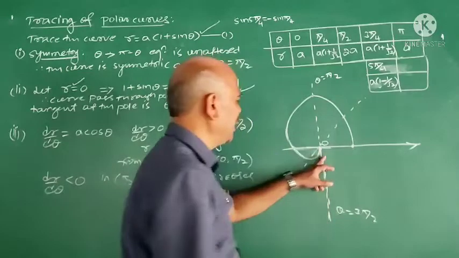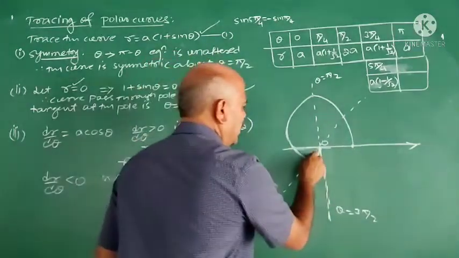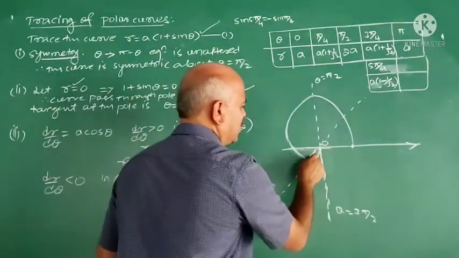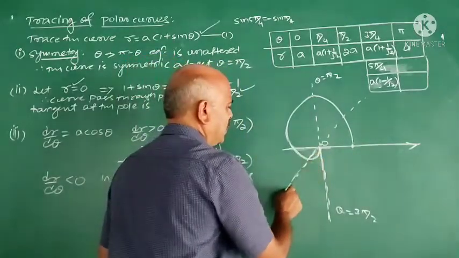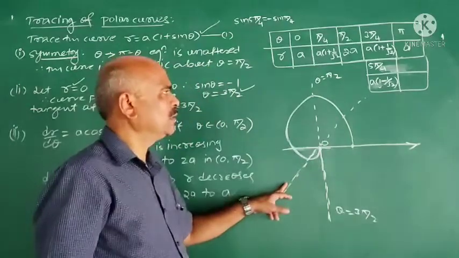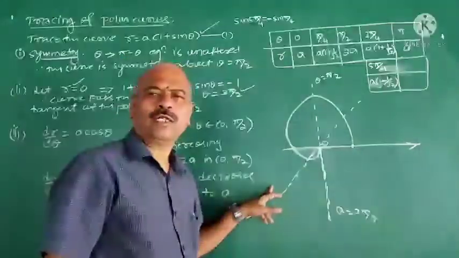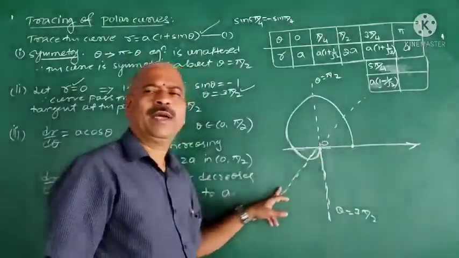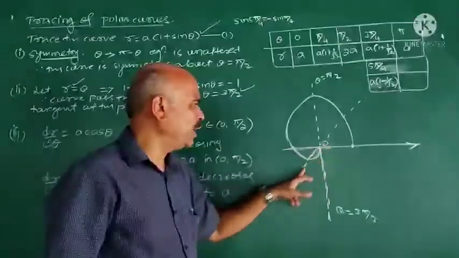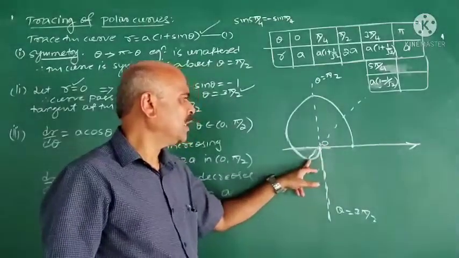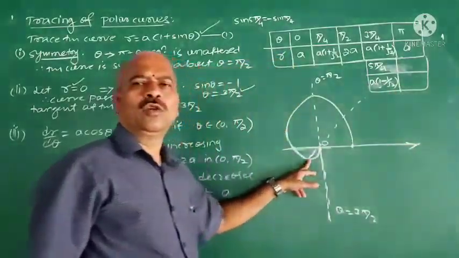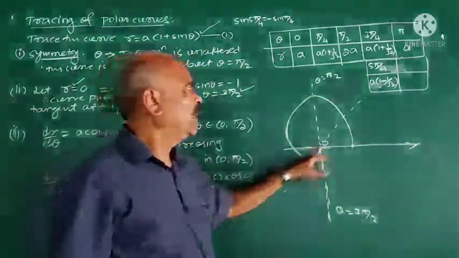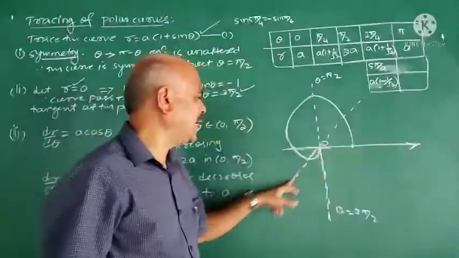It is like this. When theta is 3 pi by 2, it is 0. And this is the line 3 pi by 4, and this is 5 pi by 4. Theta is equal to 5 pi by 4. And when theta is 5 pi by 4, this r is given by a into 1 minus 1 upon root 2. When theta is 5 pi by 4, r lies on this line.